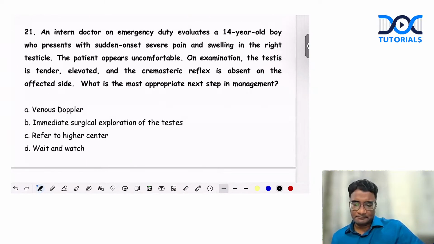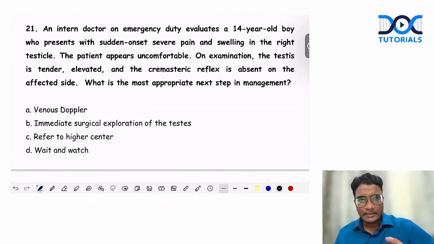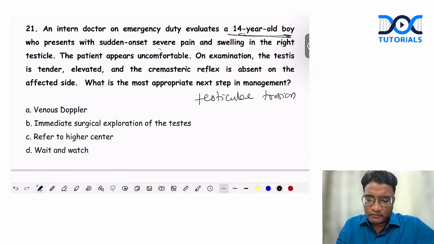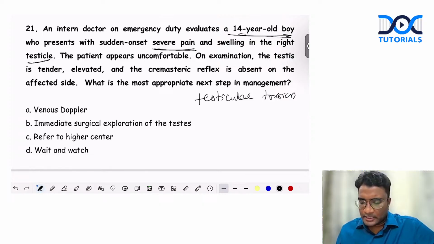Then this was a clinical case, as a surgery question, with a clinical scenario given. They showed you all the features of testicular torsion. A very young adolescent male coming with severe testicular pain. So what is the most appropriate step? So basically, when you have acute scrotal pain in a young patient,